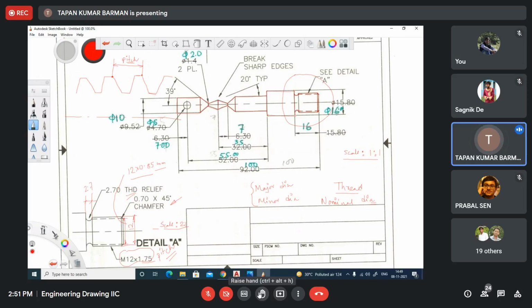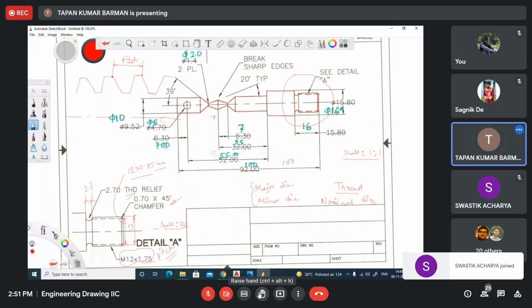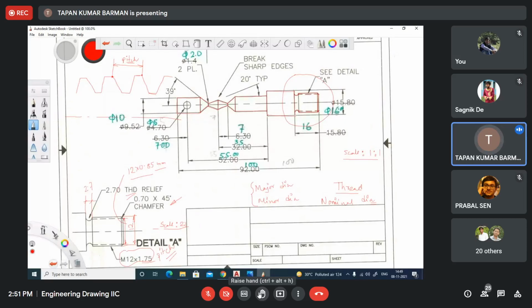So here pitch is 1.75, but in the given drawing, that pitch is not shown in the drawing, right? So that is why when you write it, at that time you will write M12, but in your drawing, 1.75 dimension is not there. Is it clear? Yes, sir. Okay. Now, how much time will it take to complete this thing?